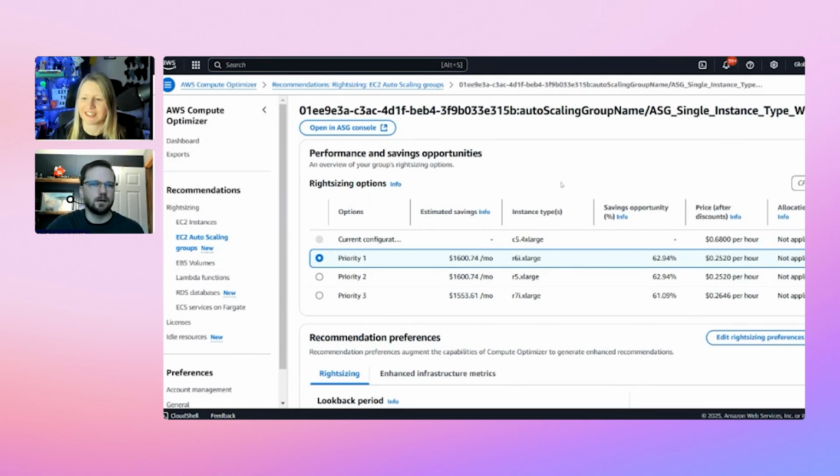The recommendation will stay on x86 Intel-based type processors, so you don't have to worry about any sort of architectural changes. So we can uncheck Graviton, and now we're seeing a recommendation to go from C5 to either R6i, R5, or R7i. And we changed how this works a little bit to say priority, because you can add all three. The way an auto scaling group works is you can add instance types to your auto scaling group